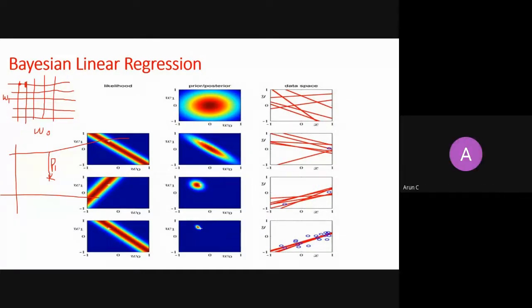Yes, the likelihood function is this: the probability for given variables W, it is proportional to e to the power minus half, function y(x, w). y(x, w) is here nothing but W transpose x, right? It is W transpose x minus what? So the mean over here will be the value of the line at that particular point.